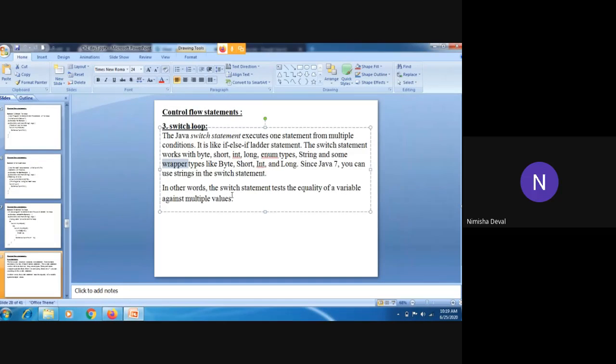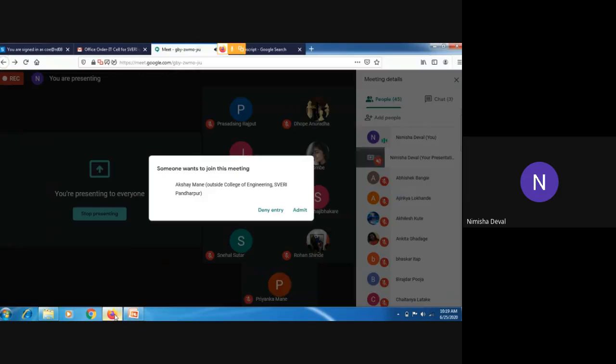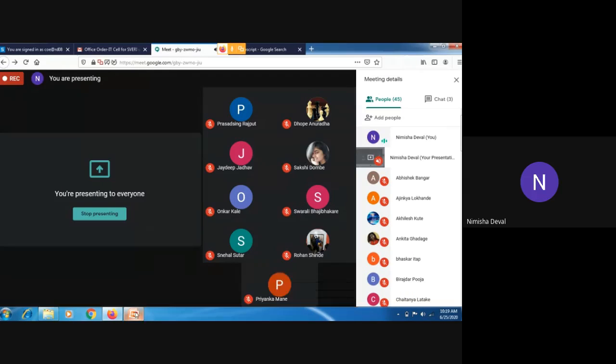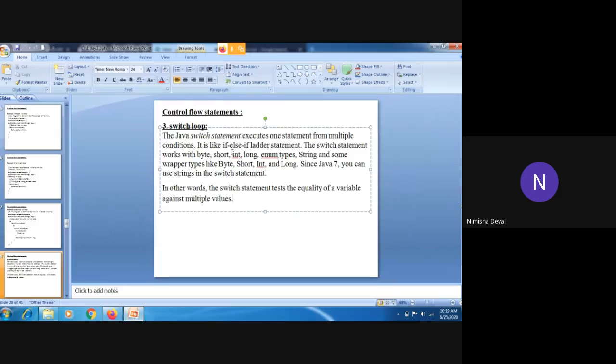In other words, the switch statement tests the equality of a variable against multiple values. So you can use the switch statement or switch loop in your programs if you want to avoid